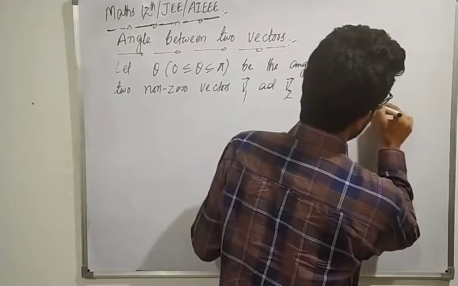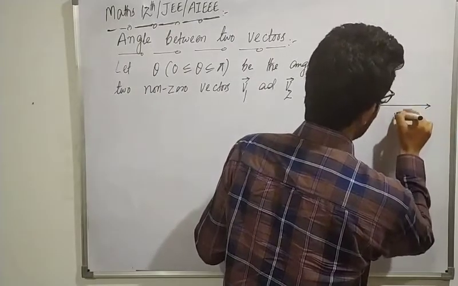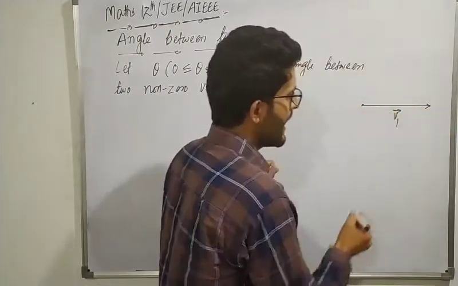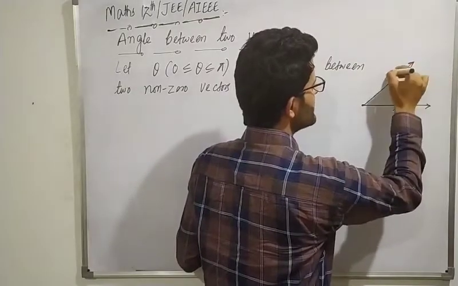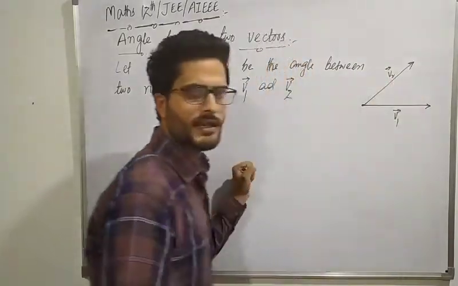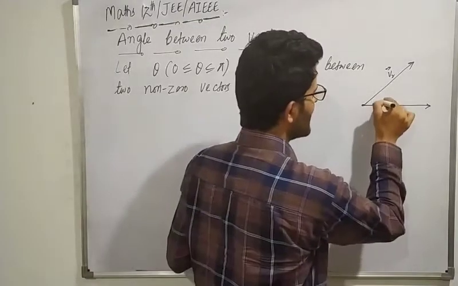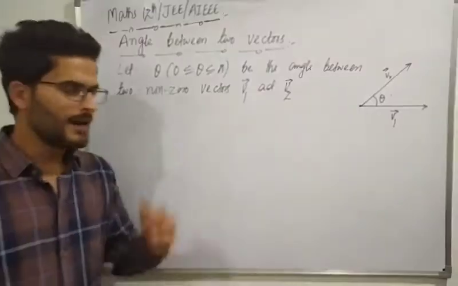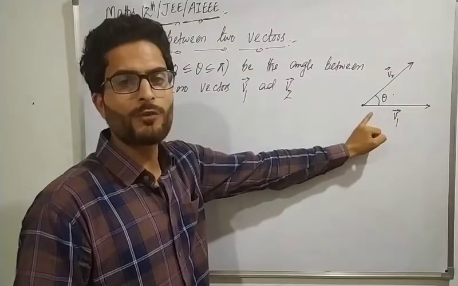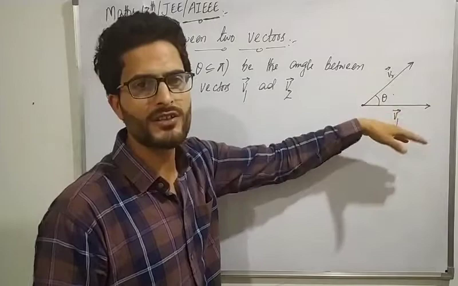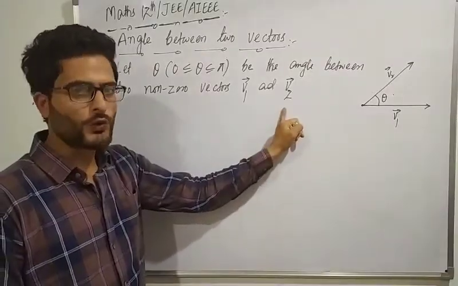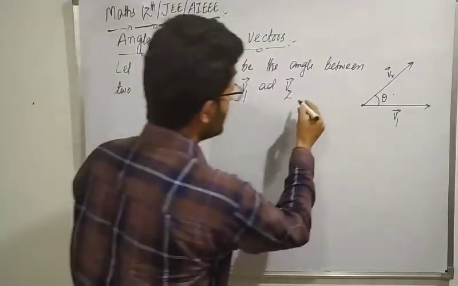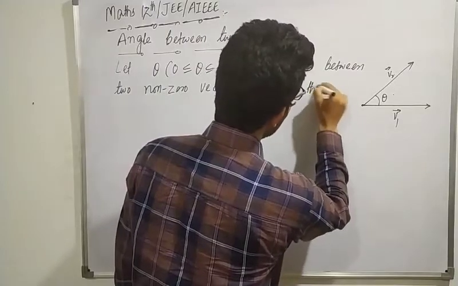Suppose we have these vectors in this form. Suppose this is our vector v1 represented by some directed line segment, and this is our vector v2 represented by another directed line segment, and suppose they are inclined at an angle of theta. We need to find that angle between the two proper vectors v1 and v2. So we have taken two non-zero vectors v1 and v2, and theta is the angle between them. Then we have,